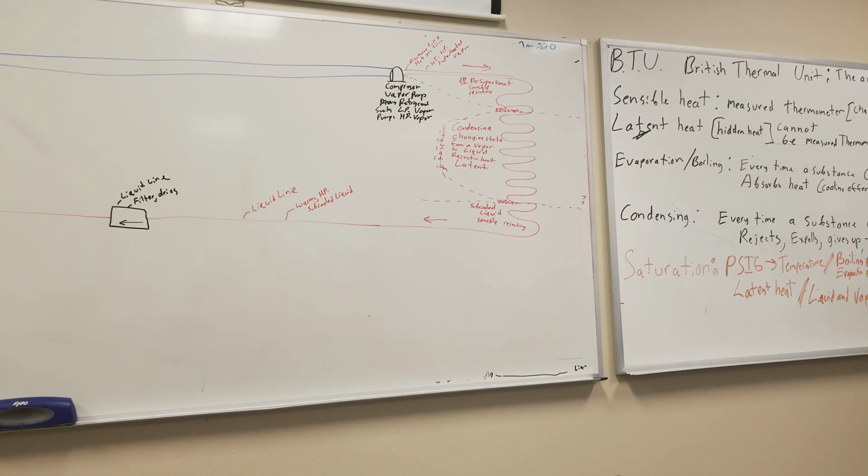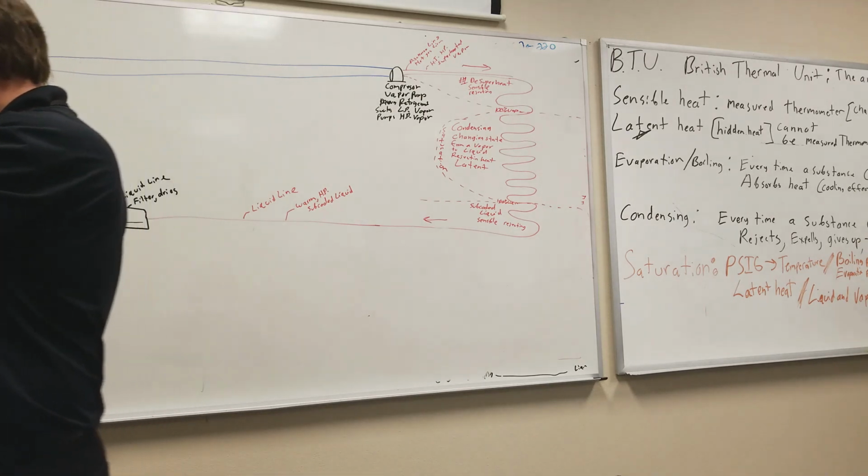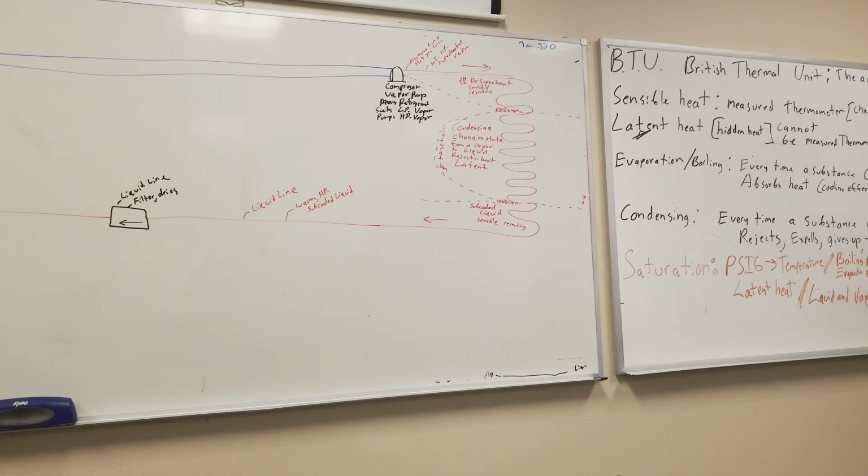Change of state. So, if I have a pot of water on the stove and I put so much heat into it that all the liquid leaves, can I still heat up the vapor? Yes. That would be called steam, but in this case, we're going to call it superheat. The temperature of this refrigerant is still going to be below the air temperature. So can it absorb heat? Yes. So now it's going to be superheated vapor,